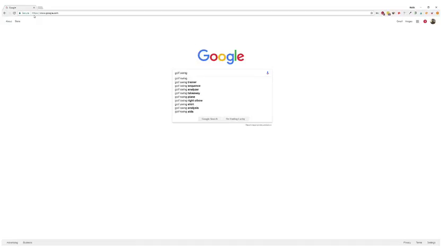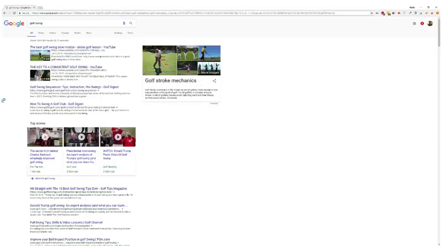Golf swing. Googling just a broad term, why not? What I'm looking for here is a combination of videos and articles. I really like using YouTube as a source, especially for informational type articles, because there are so many videos on YouTube of people doing tutorials and explaining things. It's just a really good place to start. So I'm going to control click some of these,